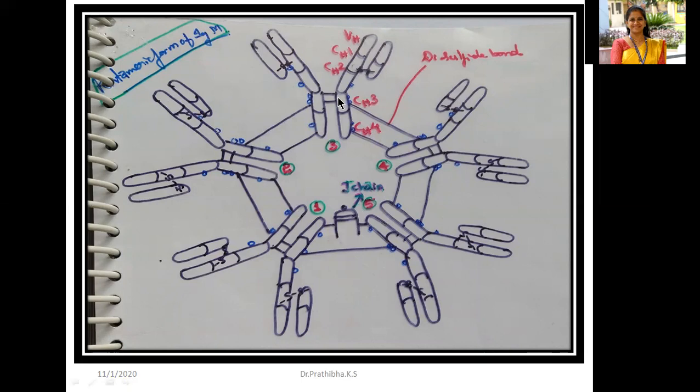We can label this as carbohydrates. Okay, and also you can label this as N-terminal region, this as C-terminal region. Here you can write FAB, fragment of antigen binding, and here you can write FC, fragment crystallizable. Okay, hope I made all the points here.